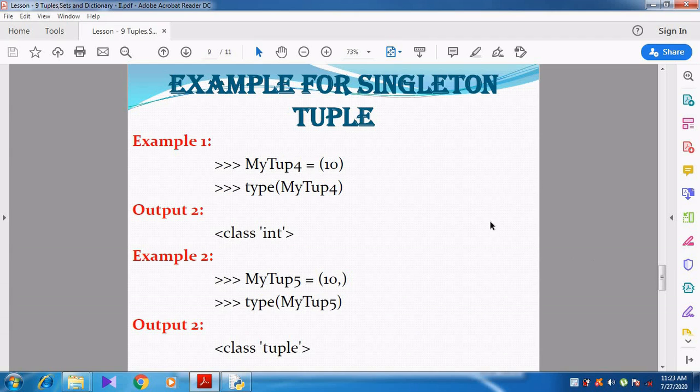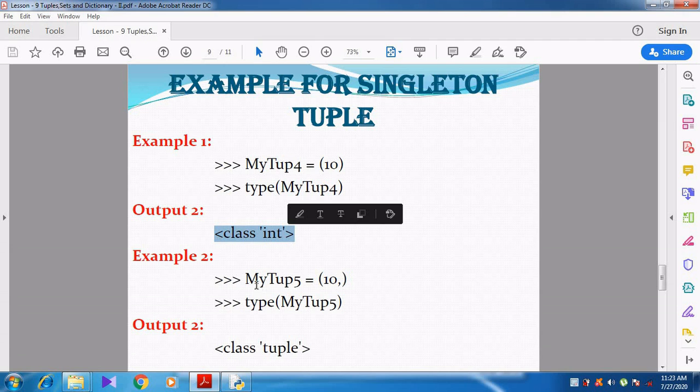See the example here. Here what they have given: myTuple4 is equal to 10. The element 10 is given within parentheses, but we have not given the comma. So here the comma is absent. When I use the type function, type of myTuple4, what output does it show? Class int. So this belongs to the integer data type.